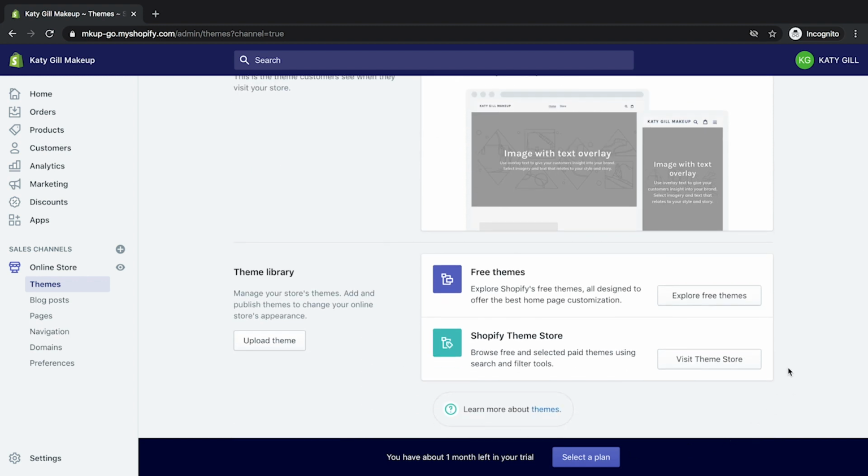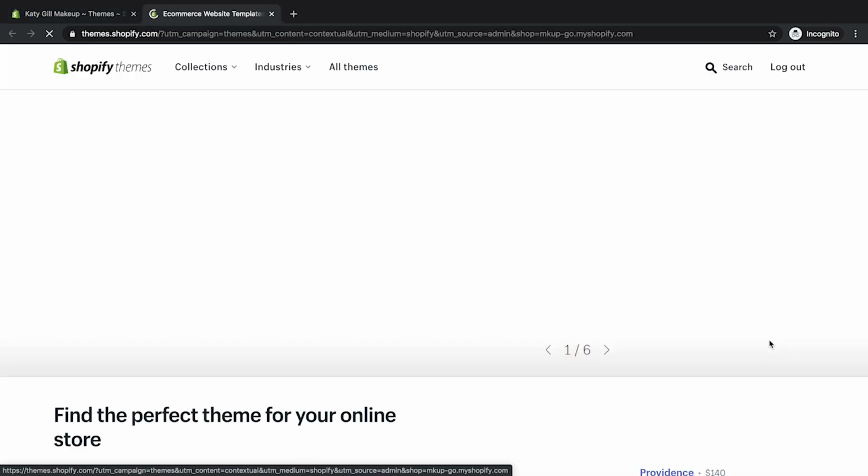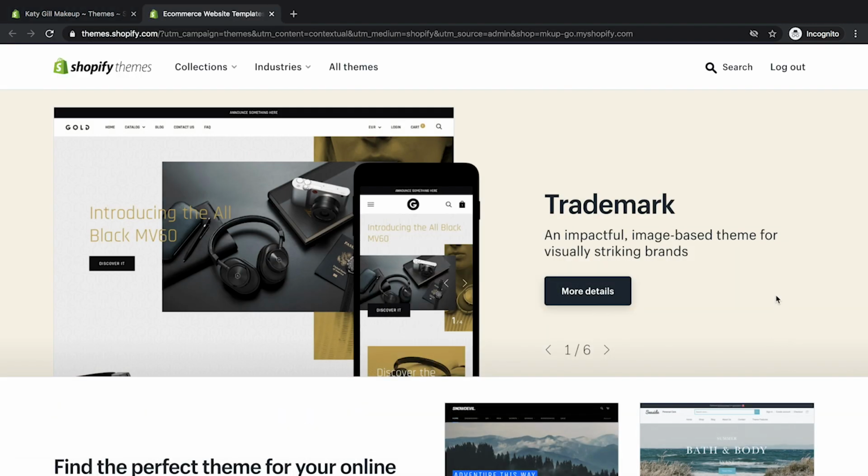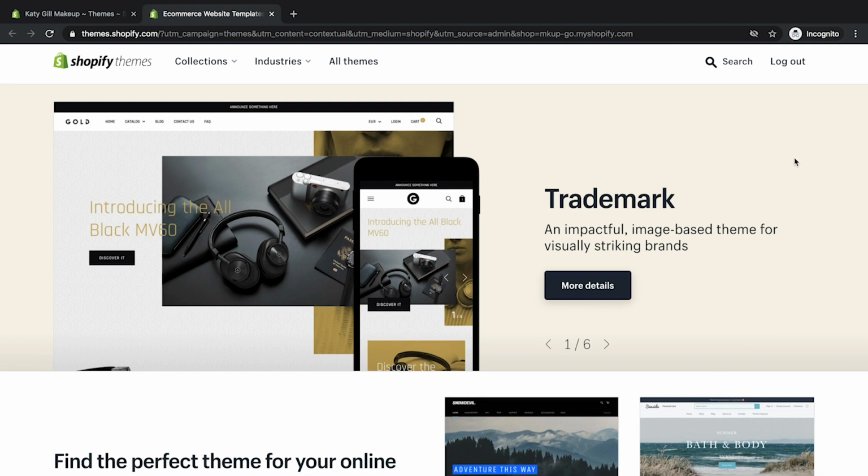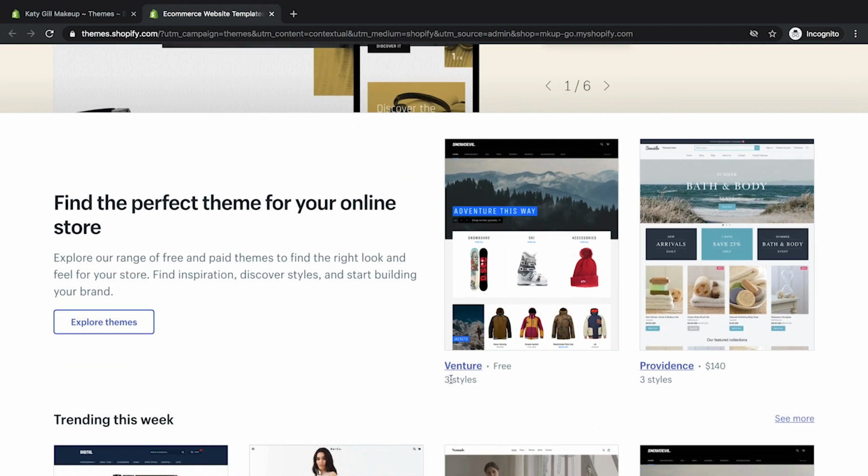So you visit the theme store, click on here, and this is like an app store for themes that plug straight into Shopify. You've got quite a lot to choose from. Some of them are free, some of them you have to pay for. The paid for ones just give you more options, probably better support, a bit more guidance, and a lot more flexibility if you've got a slightly bigger store. Absolutely both are good. It all depends on what you want to use.